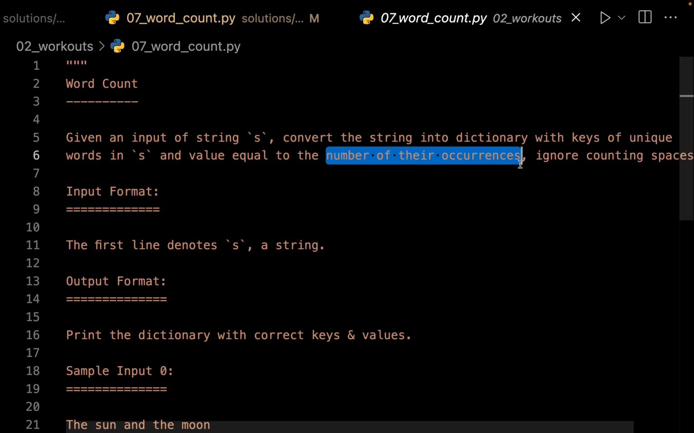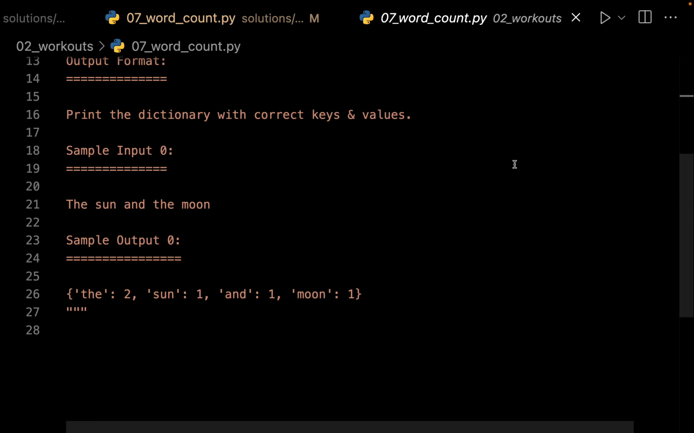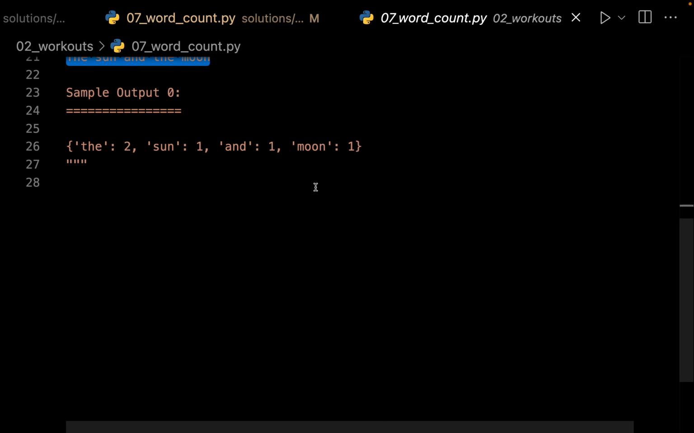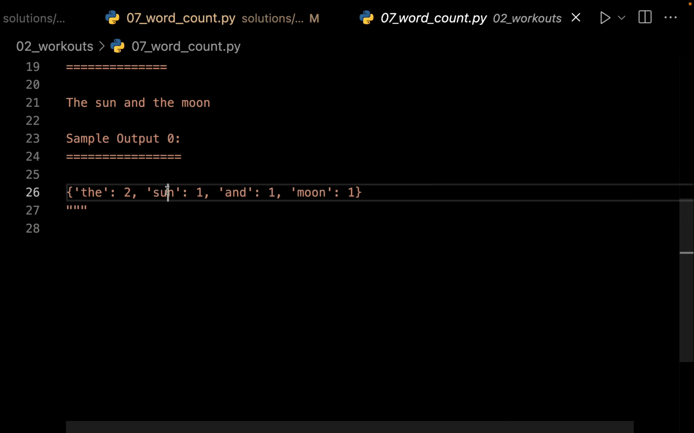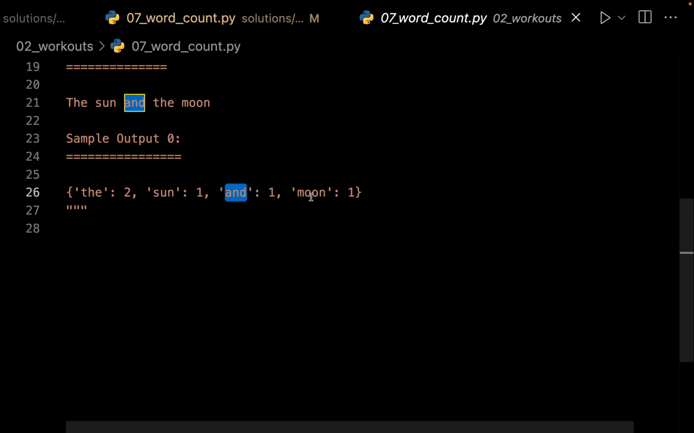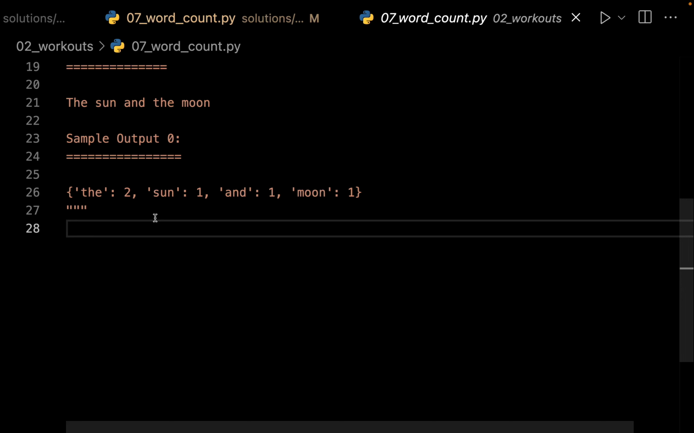So let me show you what I mean. Suppose the input is "the sun and the moon", then I want you to convert this string into a dictionary which will look something like this. So here you can see that the keys are all the unique words inside the sentence. So we have "the", then we have "sun", and we have "and", "moon", and so on, and the values are